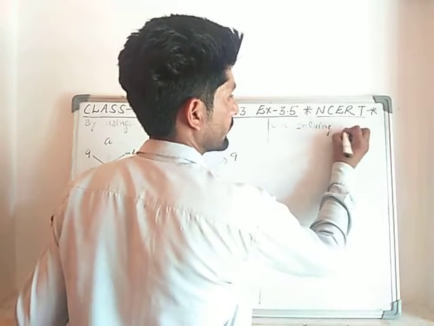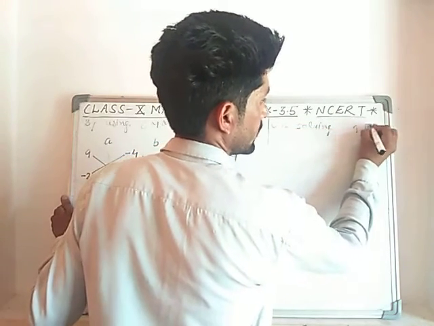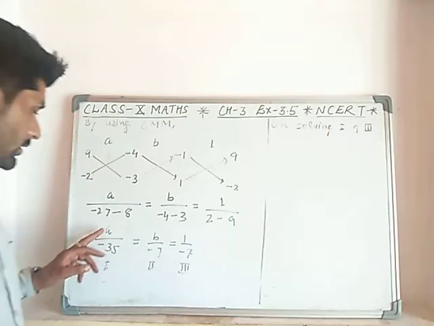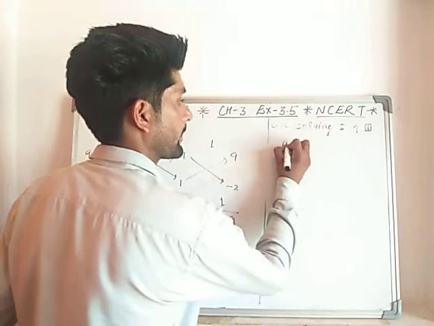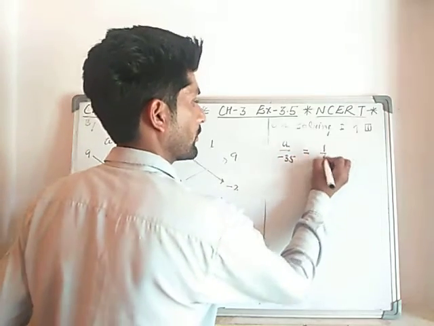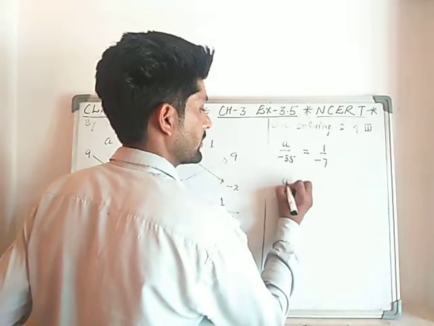On solving first and third, we will get A upon minus 35 is equal to 1 upon minus 7, and finally the value of A is